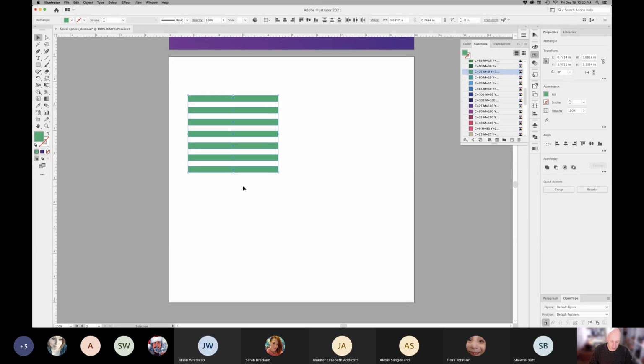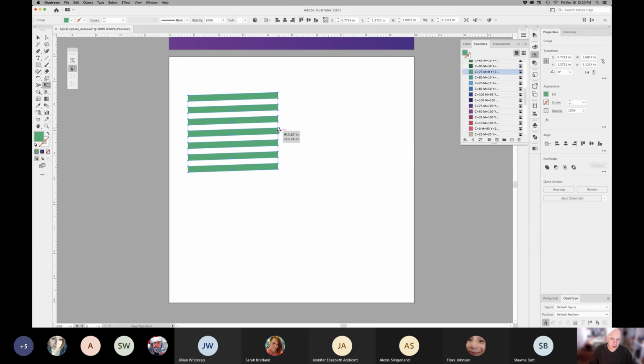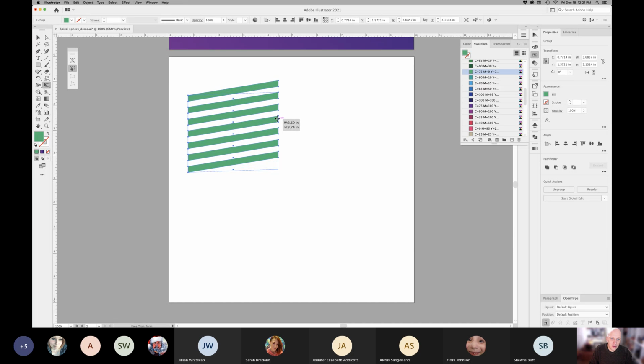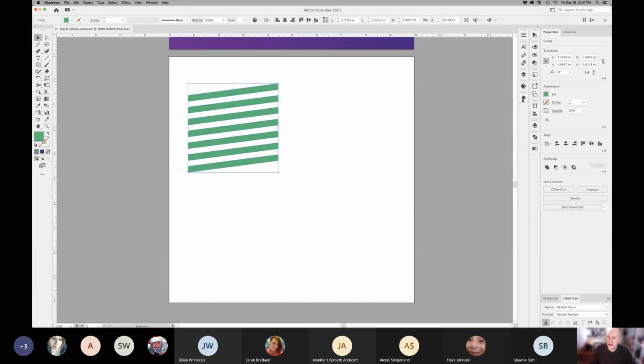So I'm going to select those, group them. You can right-click and then group them. I have already grouped them here. And you can go into your free transform right here, and by pressing your Option key right there, you're able to skew it like this. So very quickly I do this, and I'm going to add that series of strips to my